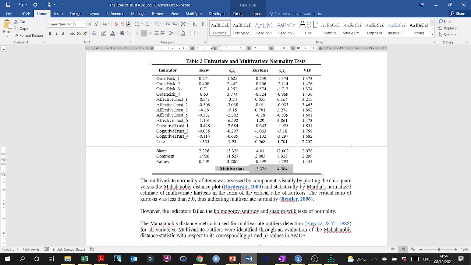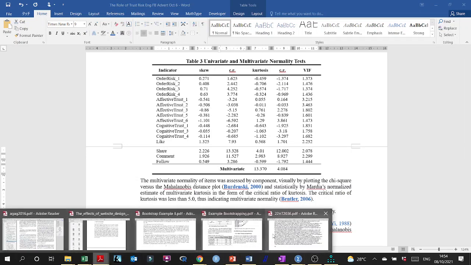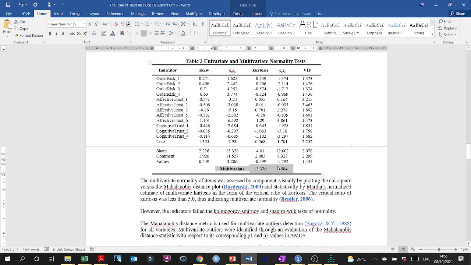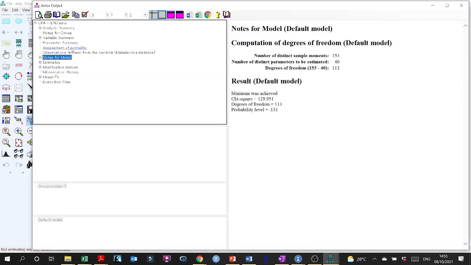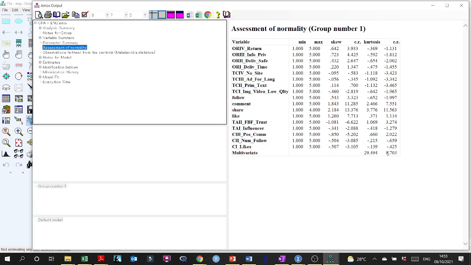And as I showed you earlier, these are my original results. I showed it to you just now. And these were my original results before I cleaned the data. So how did I clean the data? Basically, when I looked at the output here, this is the assessment of normality. Oh, perfect. So this is the data. In fact, also, here I cleaned only a couple of points. And no, I think this is the data after I deleted, I think,